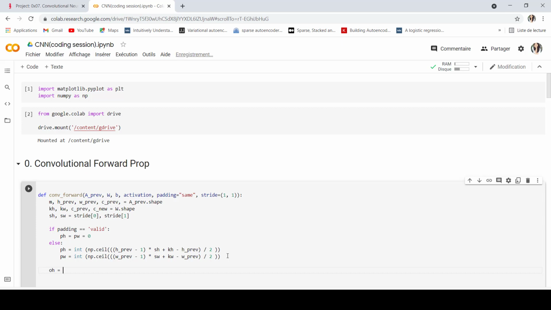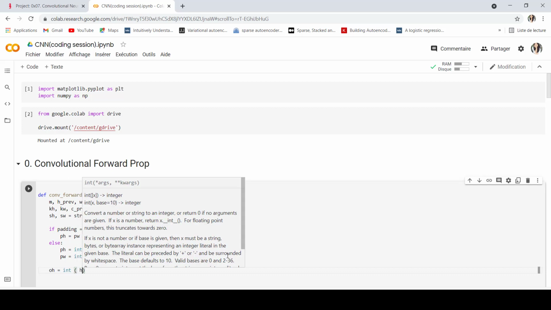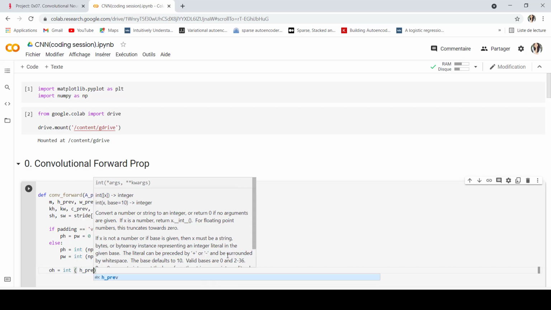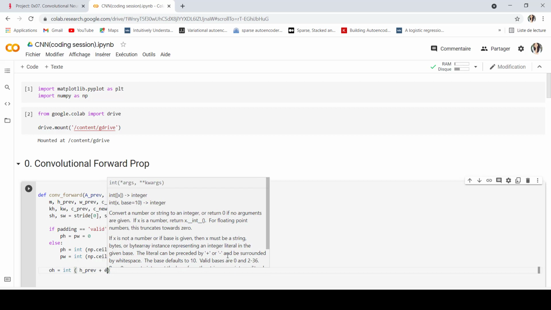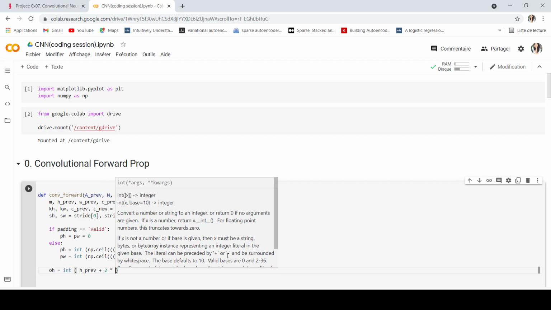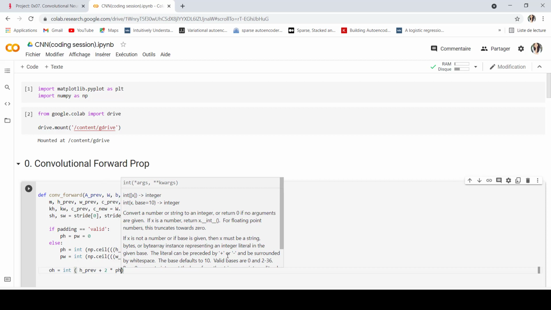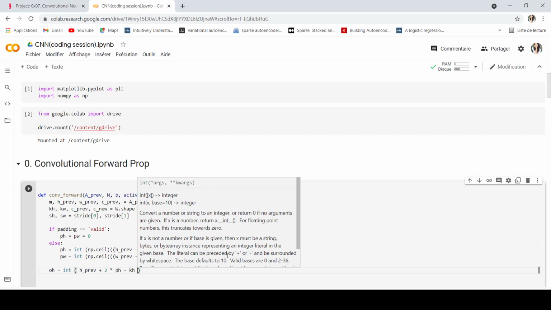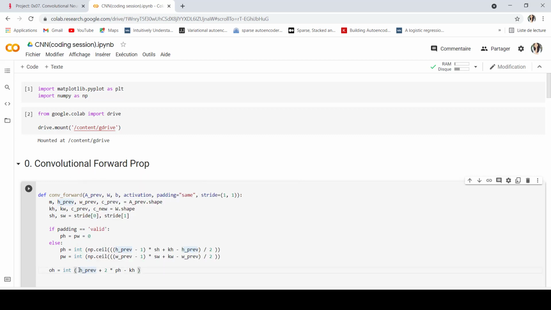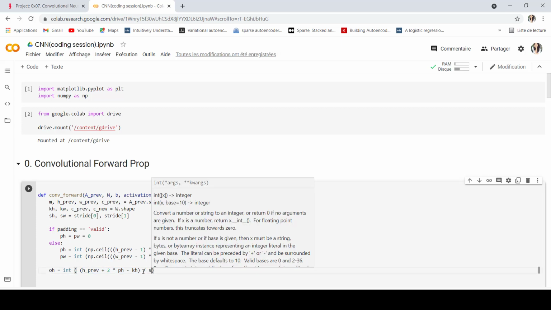The formula is going to be h_prev plus 2 times ph minus kh, all of this divided by sh, and we add plus 1.